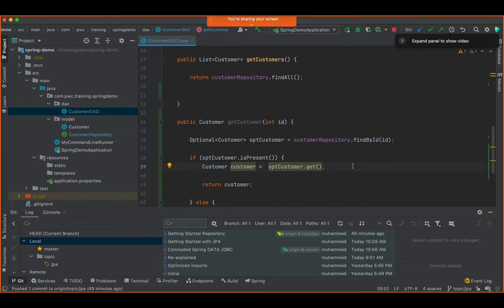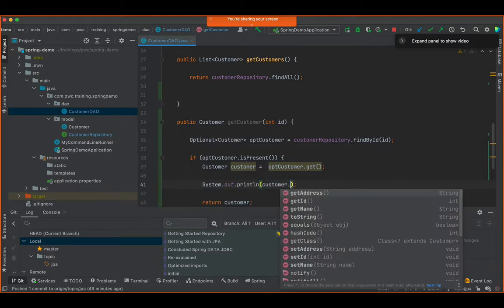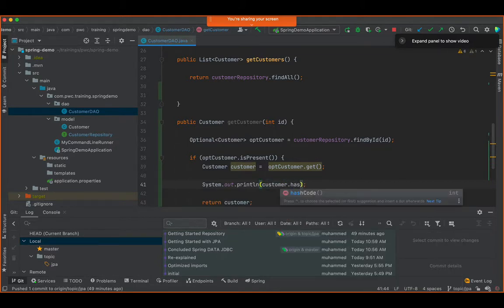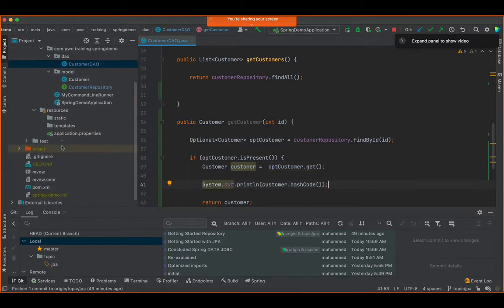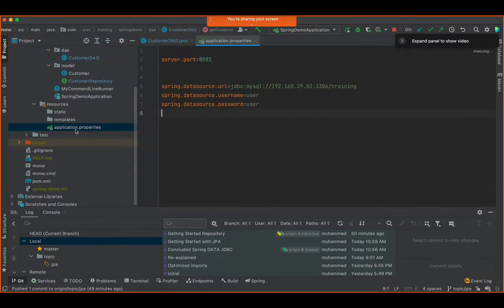You just Google how to find an object by ID using JPA, and you'll get tons of resources, right? So coming back here, I have this with me. Now I'm going to do one thing here. I will say S out, customer dot hash code. And not only this, I will go back to my application.properties file, and here I'll say spring